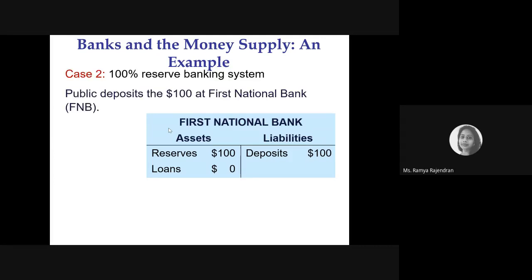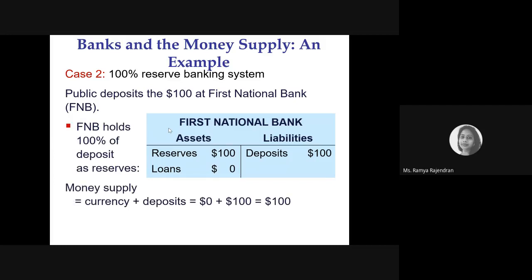In case two, the 100% reserve banking system, everybody has deposited whatever money they have in the bank, and the bank keeps everything in the reserve. They're not lending it to anybody. So when I want it, I can just go and write a check and get it back, or I can just use my debit card. Credit cards are not allowed because the bank is not providing any loans. So what will happen? Here the money supply becomes only $100,